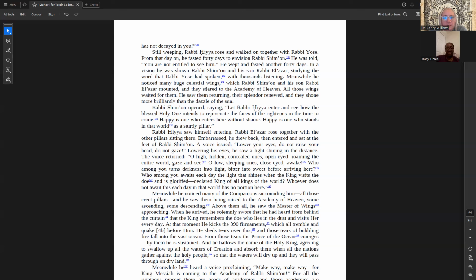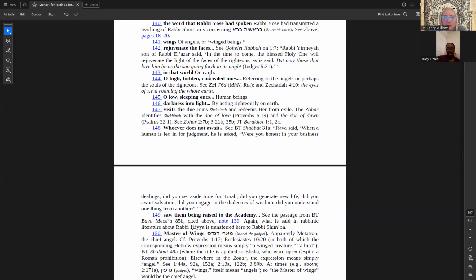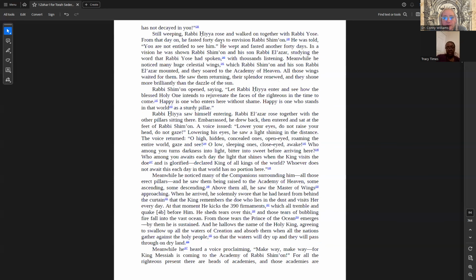In the vision, he was shown Rabbi Shimeon and his son, Rabbi Eliezer, studying the word that Rabbi Yosef had spoken. And we have a comma here as well as a note. The word that Rabbi Yosef had spoken. Rabbi Yosef had transmitted a teaching of Rabbi Shimeon's concerning Bereshit Rabbah. That was 40, right? Yeah. Rabbi Yosef had spoken with